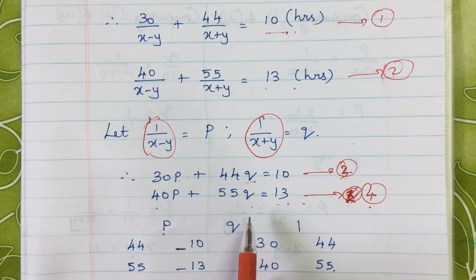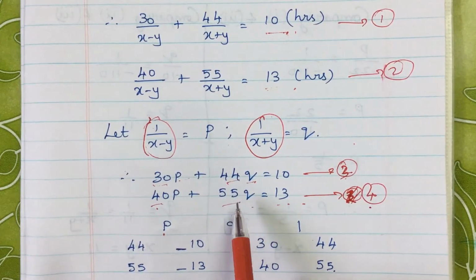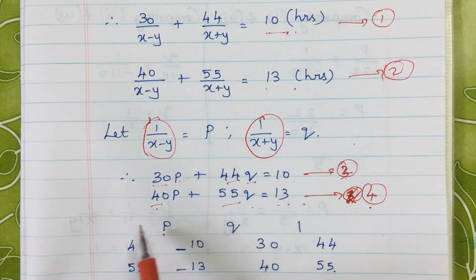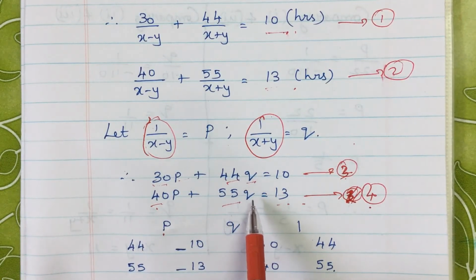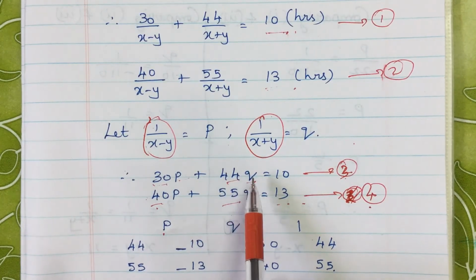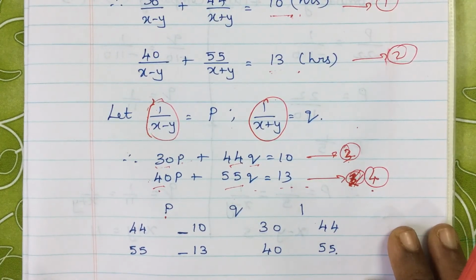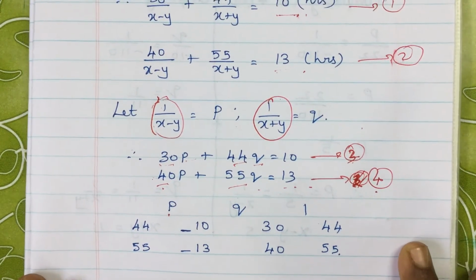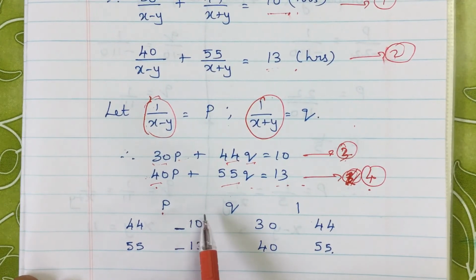I thought of adopting this cross multiplication. Why? Because if I go for the elimination method, here the numbers are somewhat bigger when compared to 2, 3 or 5, something like that, right? So if you go for the elimination method, then you should try to make the coefficients of either p or q the same. So you should either multiply this by 40 or this by 55. Again, that will make your problem somewhat complicated and it will involve more calculations. To avoid all those, I am adopting this cross multiplication method. This will save some time.